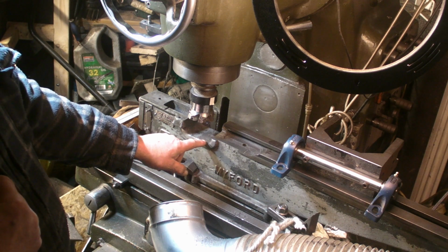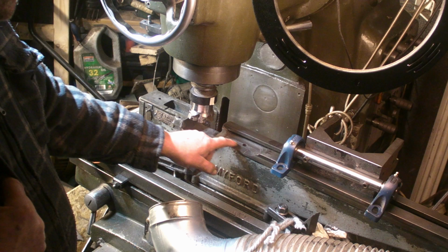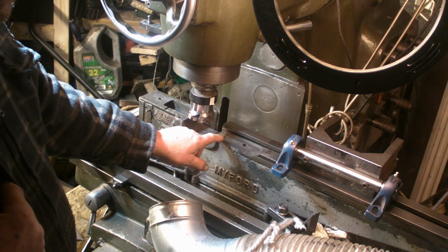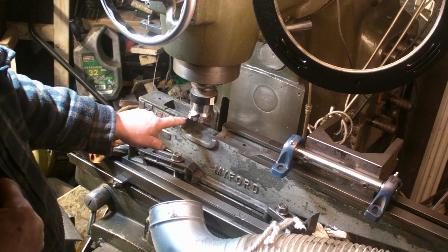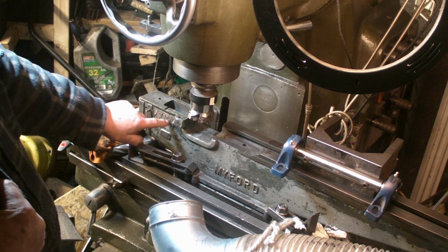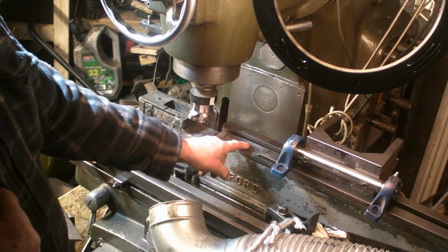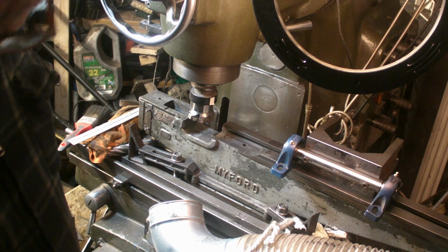Initially I was going to go down to this depth, but the bottom of the ways, I'm about 2mm high at the moment here, but at the bottom of the ways the cast is about half an inch thick. So my intention is I'm going to take this down to that level, take a slight skim off that, both sides of the ways, and then machine this section out so it comes up to that point. There's a brass nameplate of the suppliers that I'd like to keep on. I'm going to try and use as much brass on this as I possibly can. So if I machine that back down, again this cutout here is the same depth as this. So if I take that section out there to that depth, and then the lengthwise, where's my